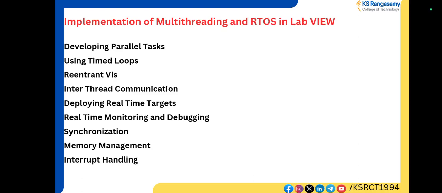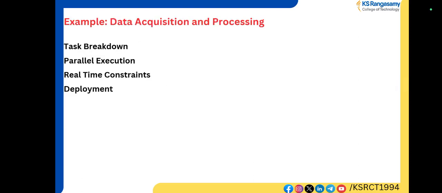Also the memory management. The RTOS has the high capability to manage and allocate tasks and ensure efficient use of limited resources. So it has the capability to avoid dynamic memory allocation for real-time applications. So we can discuss a small example like data acquisition and processing, because we have already discussed the various steps in data acquisition as well as data processing. In data acquisition, what are the things we have to do? We are going to measure physical parameters, and we have to collect the signals, and we are interfacing with